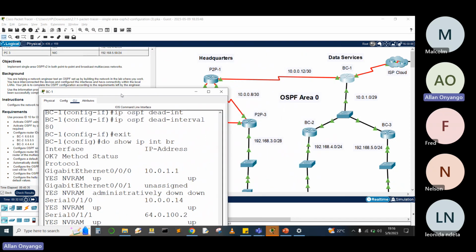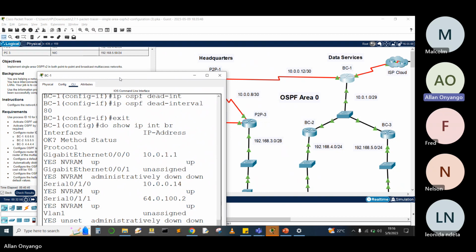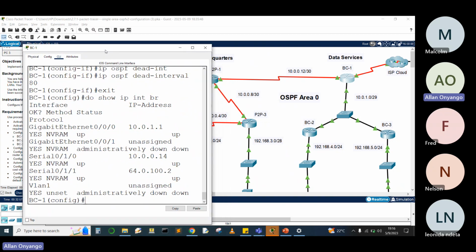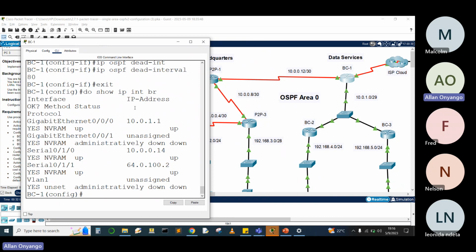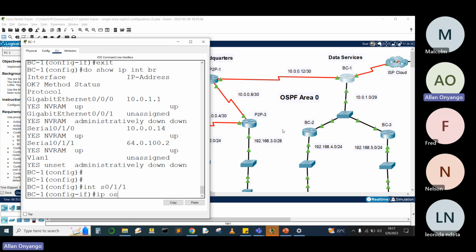Headquarters network, this was a point to point. So I need to say, right, this is one, 10.0.0.12, which is interface S0/1/0. So I needed to say, okay, I think I did it. I needed to say interface S0/1/1, and I'll say IP OSPF